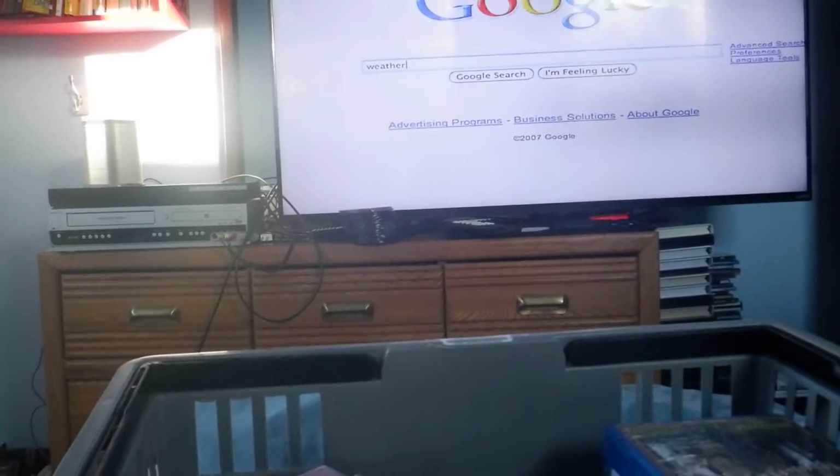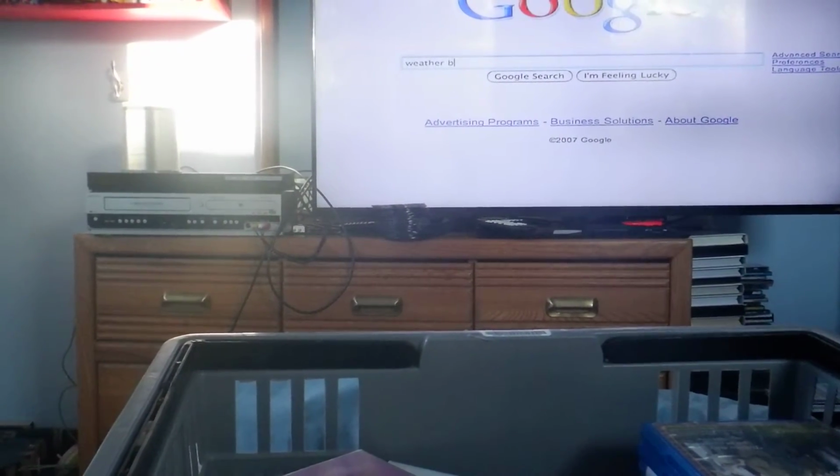If you don't know the zip code for a particular city that you would like the weather forecast, you can type in the word weather. Press the space bar. Type in the name of the city,